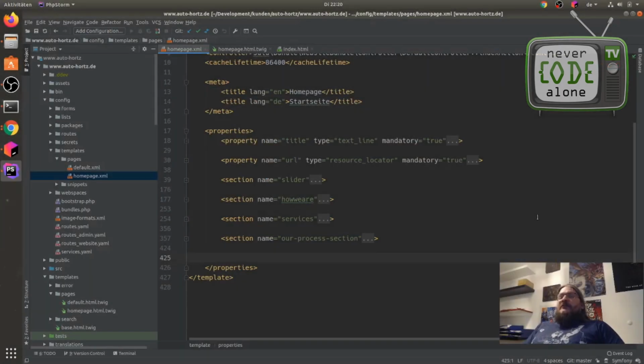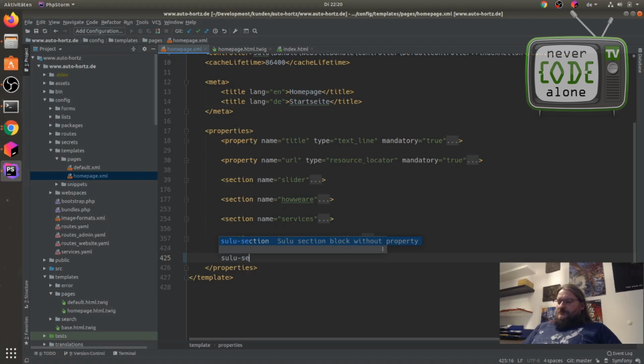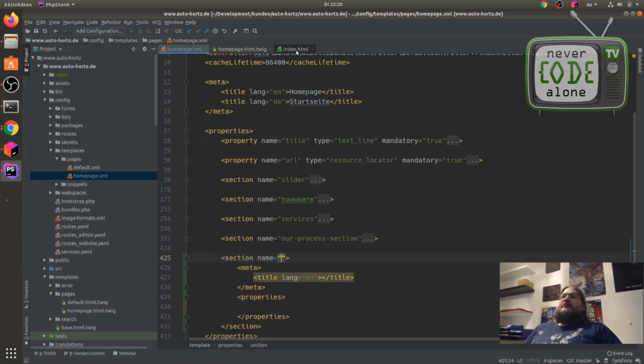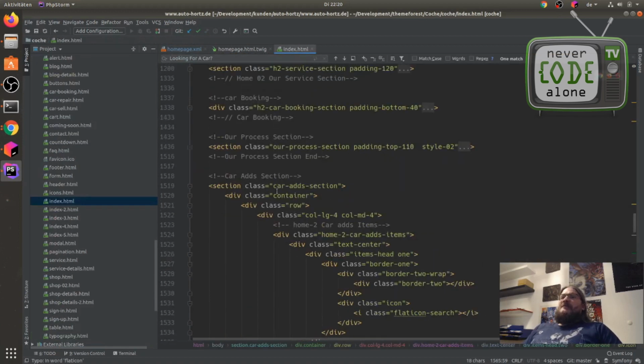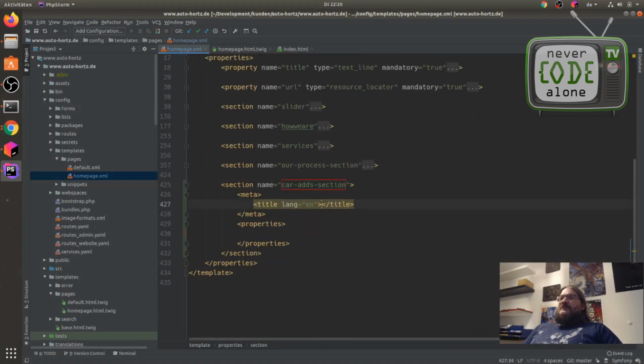For this task we have to add a new section to the homepage configuration file here on the admin area. So Zulu section, and we check out the name for the section here. It's car adds on. We select this, add it here, and for the title we can use this English name here.